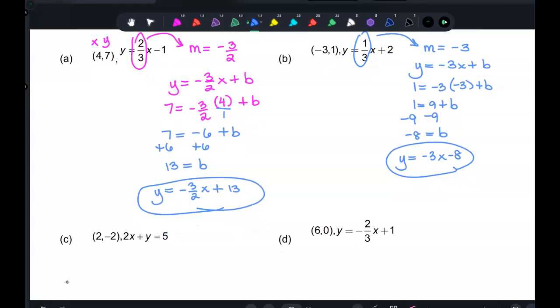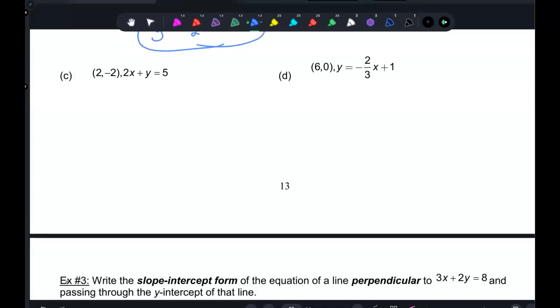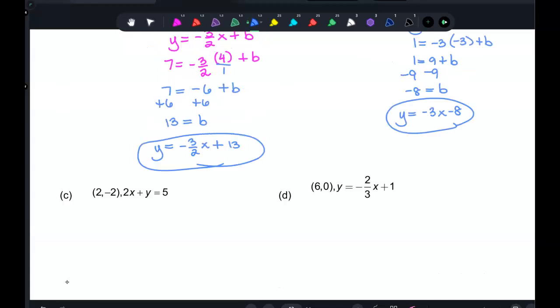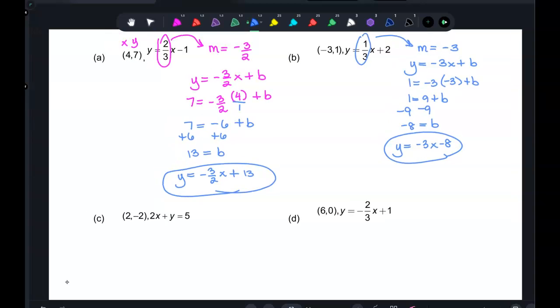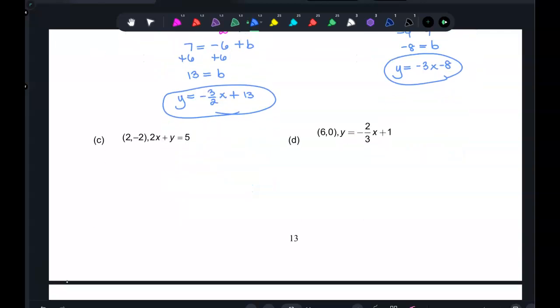Okay. What's the problem with C? It says 2x plus y equals. Okay, so is this in the correct format? No. So I'm going to subtract 2x from both sides, and then y equals negative 2x plus